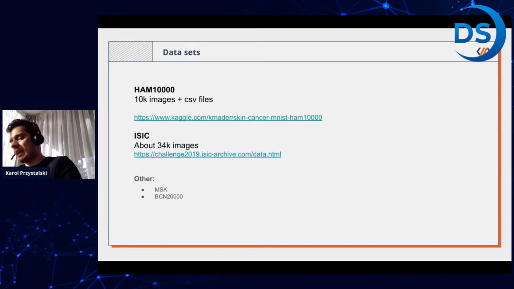When it comes to the data sets currently available for research: when I started my PhD, I approached one of my colleagues at the university asking for a data set, because he had already done some research on skin cancer. I asked him to share the data set, and he gave it to me without any problems. But when I counted the number of images, it was 53 images. So it was a bit weird. I asked him if it was the old data set, and actually at that time it was all we had.